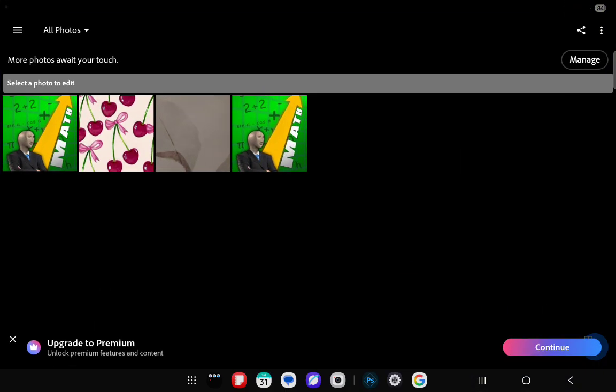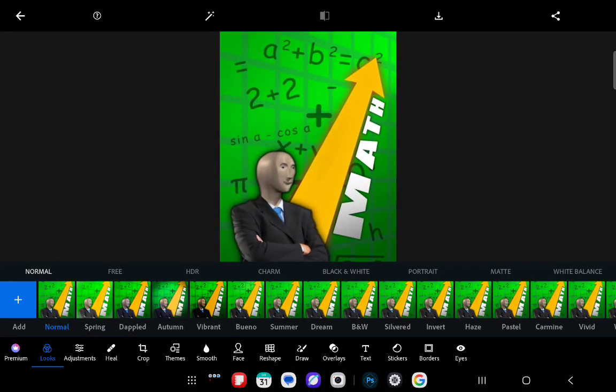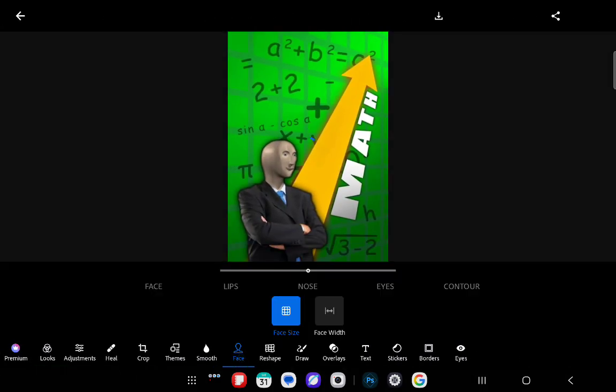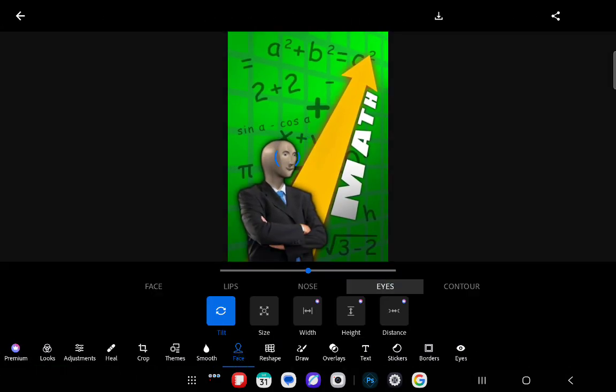Once you are done with that and you are in the home page, you can just press on a picture that has a face, and after that press on face down below. Now press on eyes and you can just edit the tilt of the eyes. You can swipe to the left or to the right, the size of the eyes, and these are the two